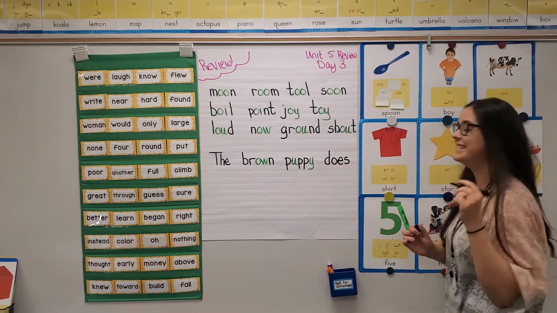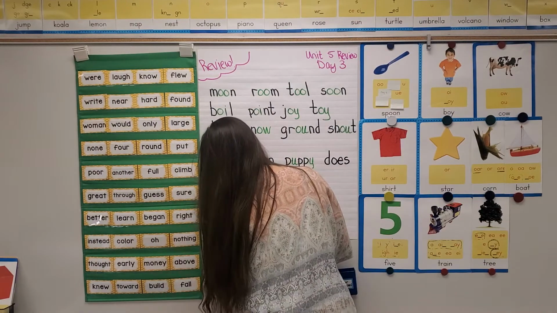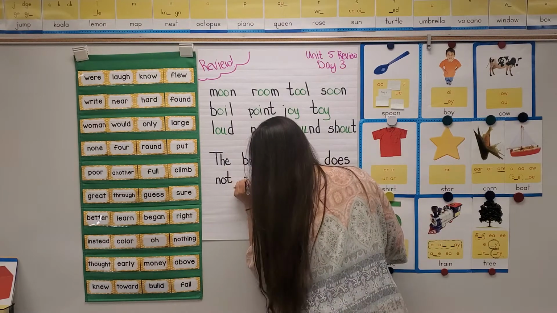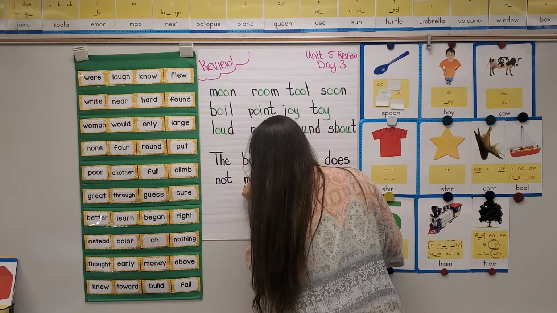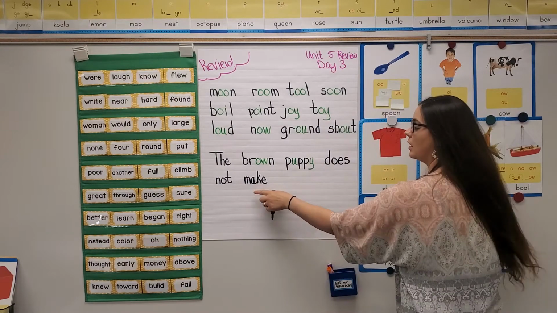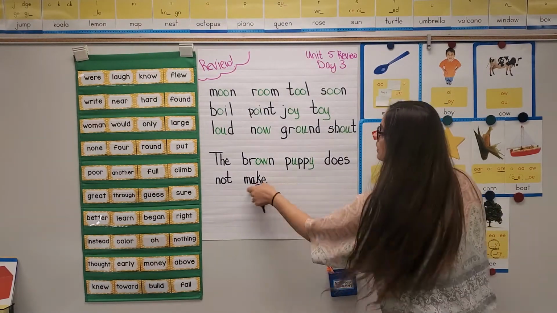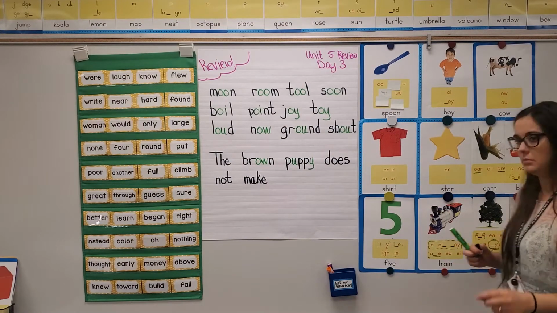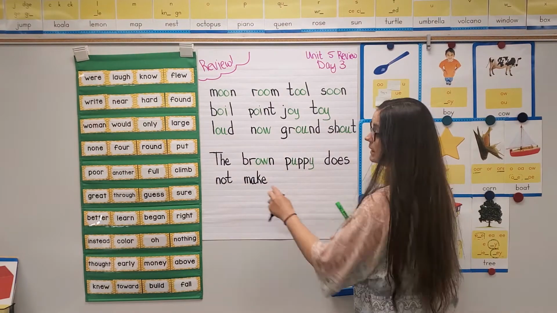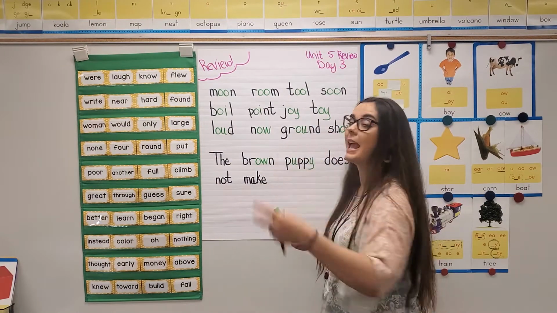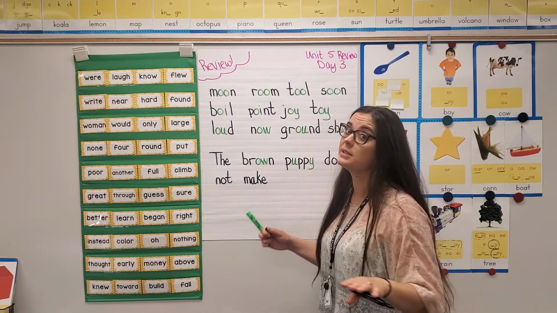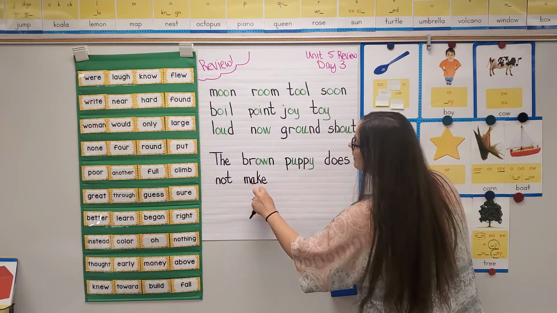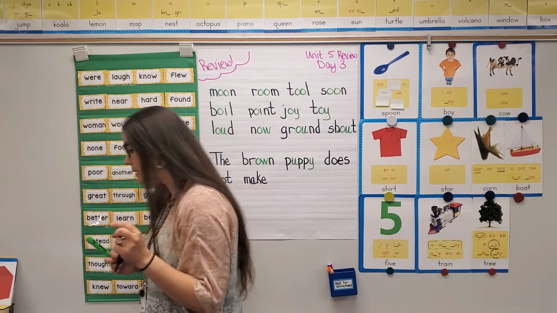High frequency word, does. High frequency word, not. High frequency word, make. But again, this word we can sound out now because we've got a silent E in our back pocket. Remember, a silent E says A. E is A's buddy that tells that A, don't say ah, now it's time to say A. So let's blend. A, make. That brown puppy does not make